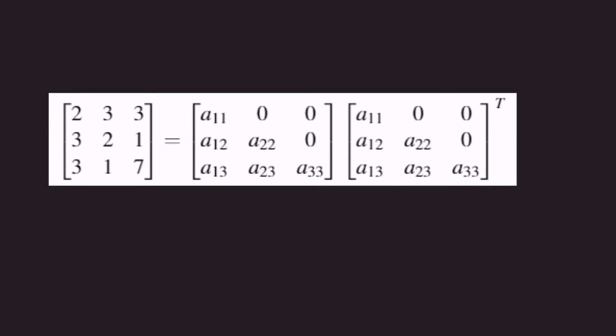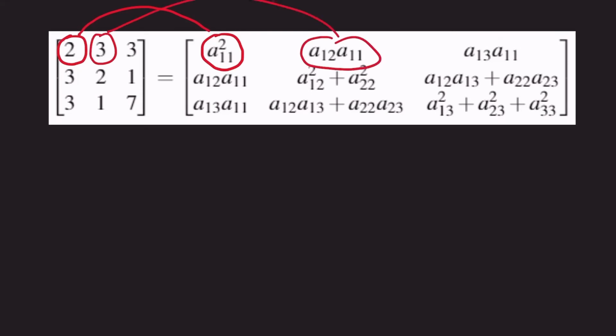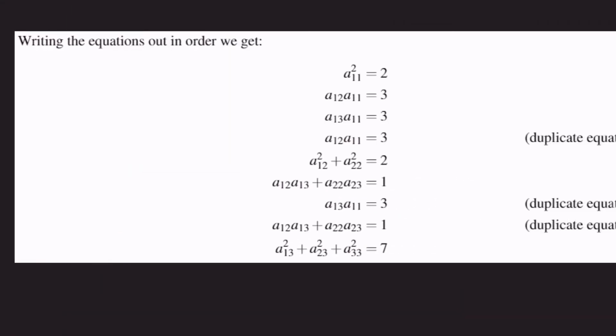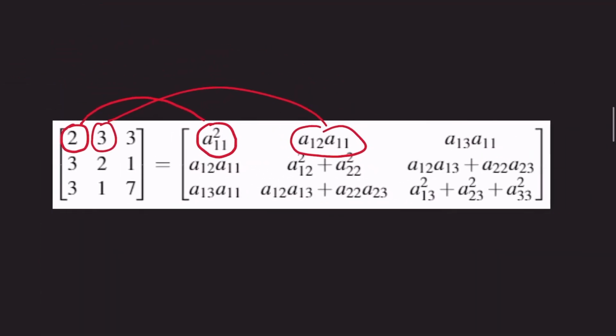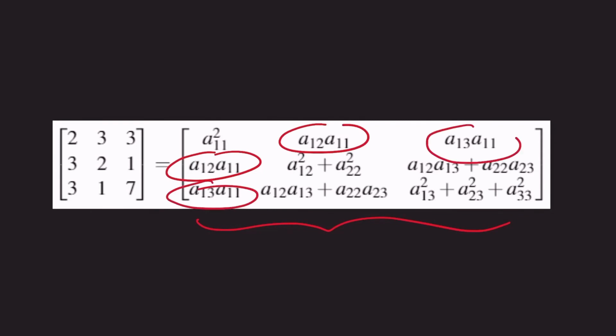It's fairly straightforward. At first you take the decomposition and then perform the matrix product, which will end up in a single matrix which looks like this, and then equate the elements on the left with the corresponding elements in the matrix positions on the right to obtain 9 equations as such. There are 9 equations here, but since this matrix is symmetric, that is the element over here is the same as the element over here, and the element over here is the same as the element over here, and so too over here and here,